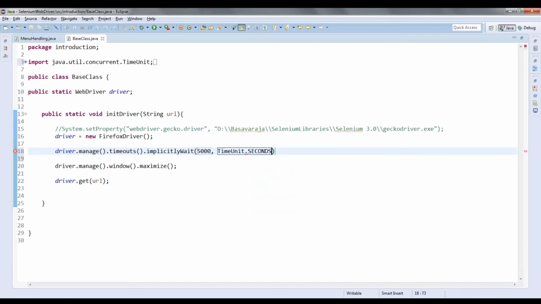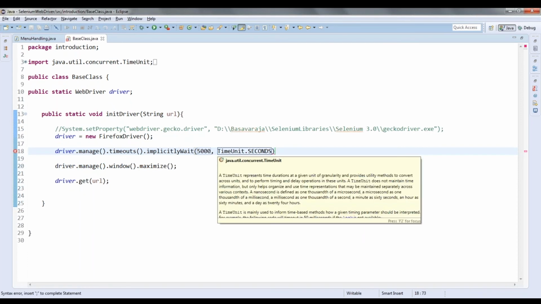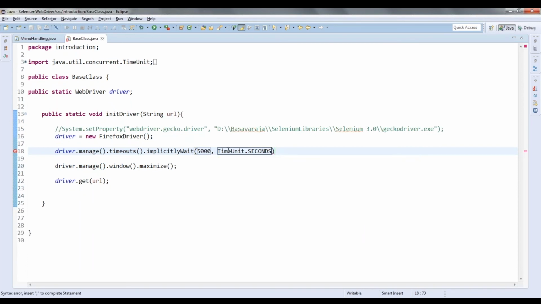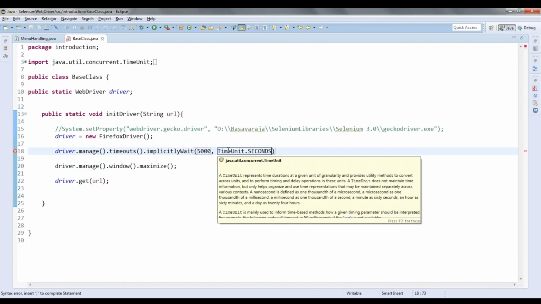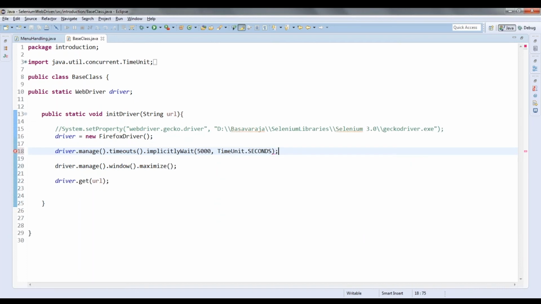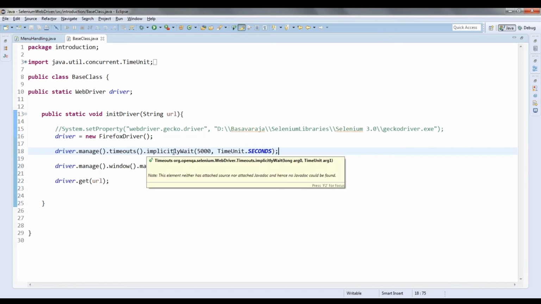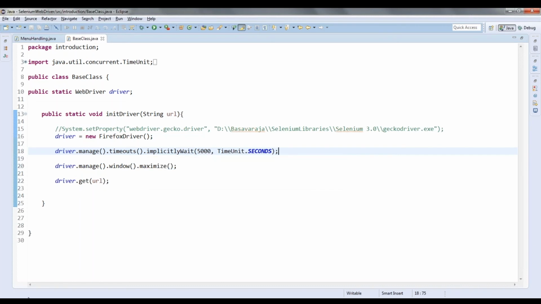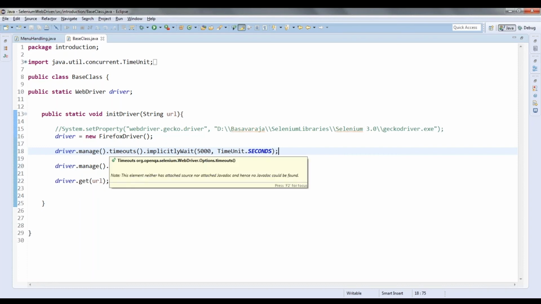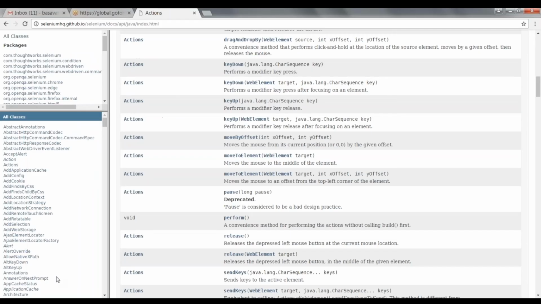TimeUnit.SECONDS. TimeUnit is a class, right? java.util.concurrent, it's a Java library class. I can specify whether it will be waiting in seconds or in minutes and other things. I am using this method. So what this implicit wait will do is the very important thing. I have a class called Timeouts, right?